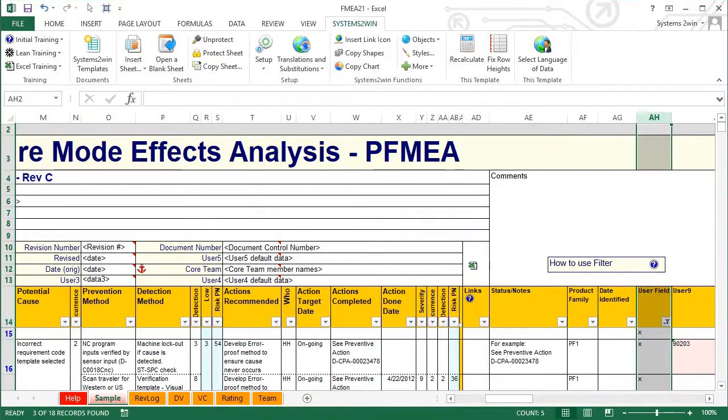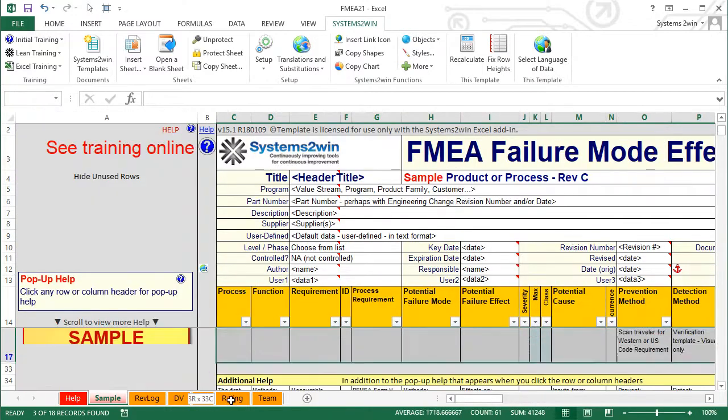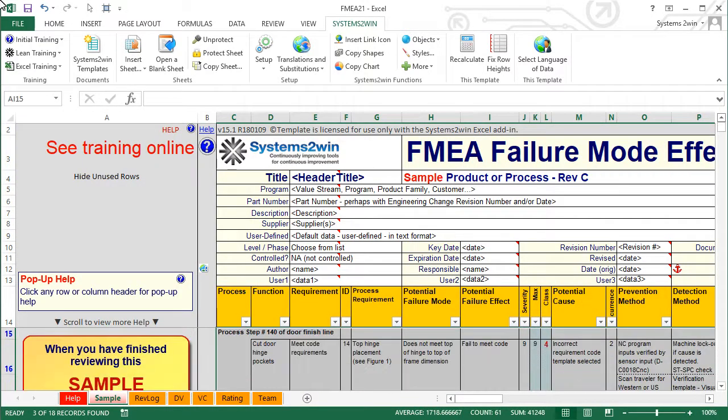And finally, let's say that you have already filtered your PFMEA based on a user-defined column that you use to identify what is similar between this new product line versus the old product line that you want to copy from. You want to copy only those rows that are similar. So now you select all the cells in this filtered range that you want to copy. Now remember, if I just went Control-C, Control-V, it's going to copy everything, including those rows that are hidden. That's not what I want.